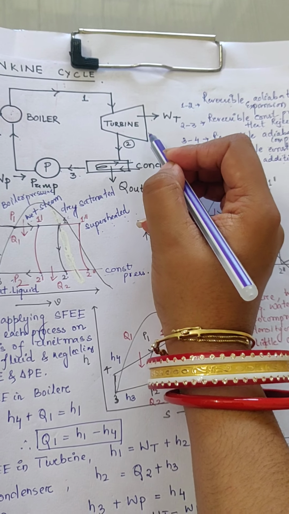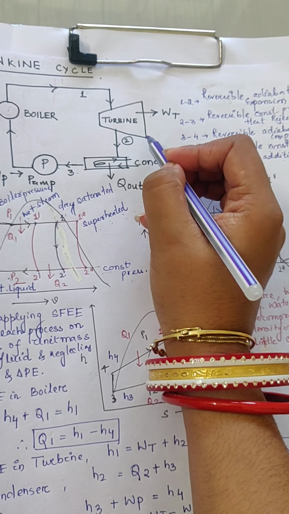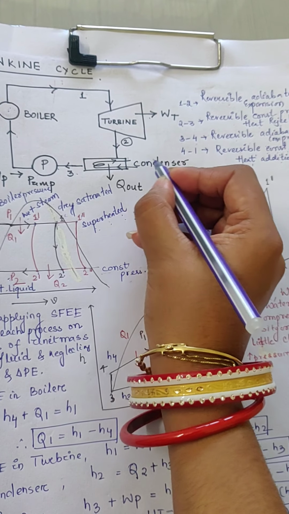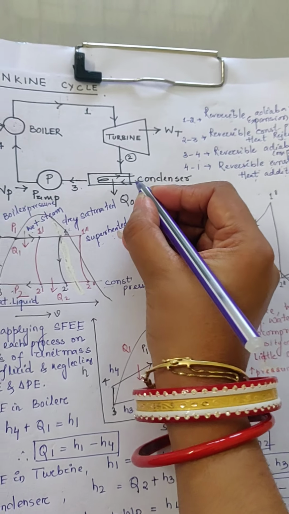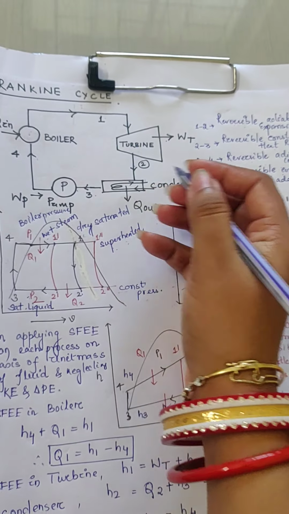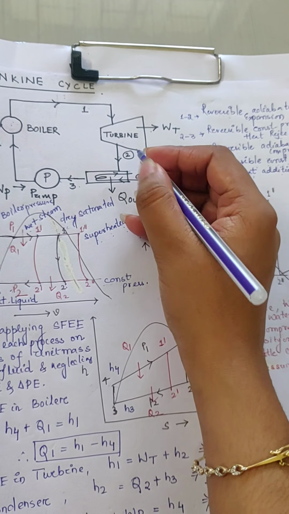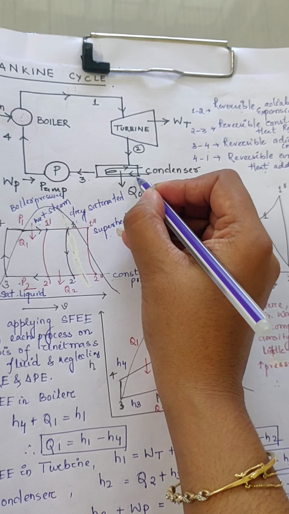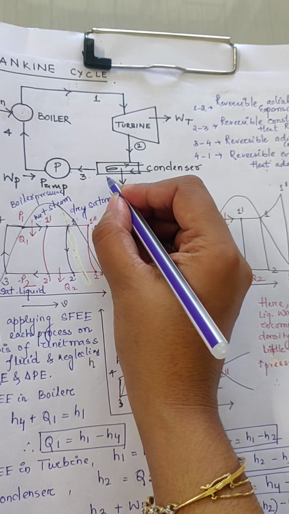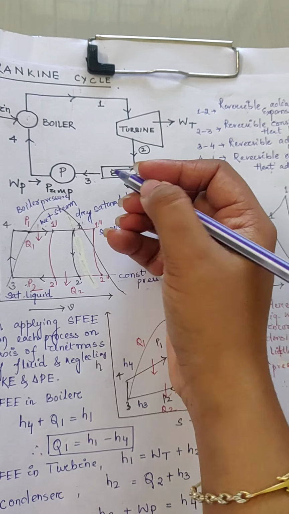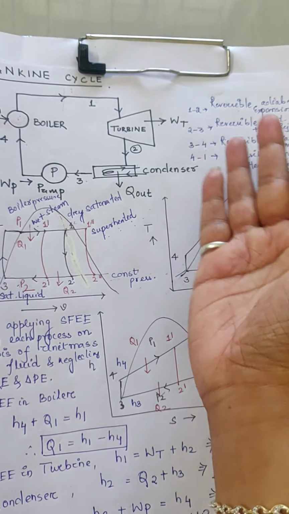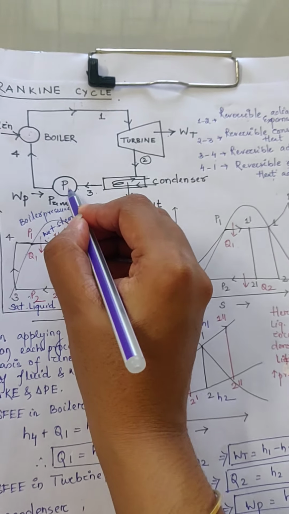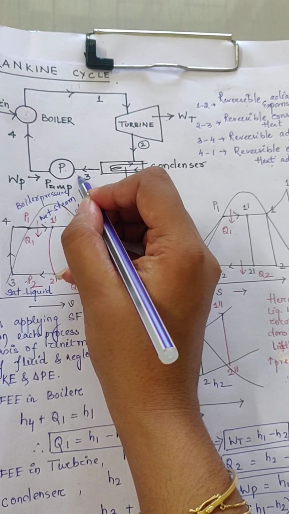Whatever remaining steam is left over inside the turbine comes to the condenser, which has a cooling tower inside it, and the condenser acts as a heat exchanger. That's why the remaining steam coming into the condenser becomes a liquid state. That state may be saturated or a simple liquid form. This liquid again goes to the pump.